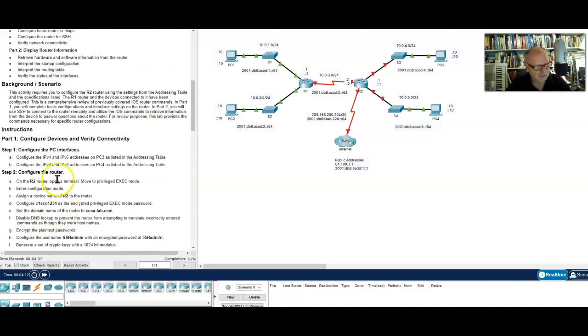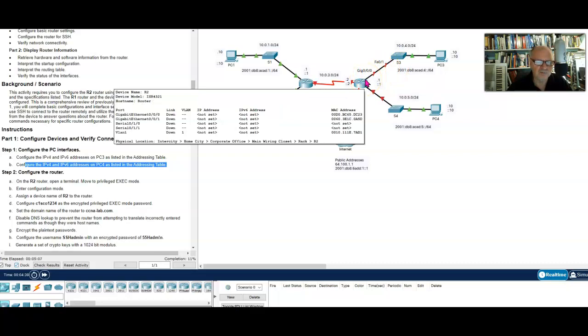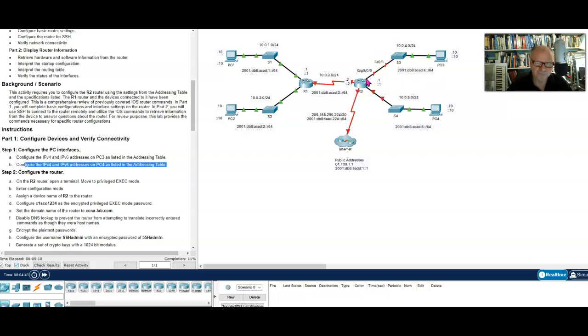Let's go back down here. I'm not going to go ahead and do PC4 as well. I do want to remind you though, where is the default gateway? Well, for PC3, if it didn't actually tell me what the default gateway was, I could just trace this line back to the first router it comes to, and the IP address on that interface is the default gateway for that PC. In the case of the IP version 4 address, it's just the IP version 4 address. In the case of an IP6 address, it is the link local address that is assigned on that router's interface.